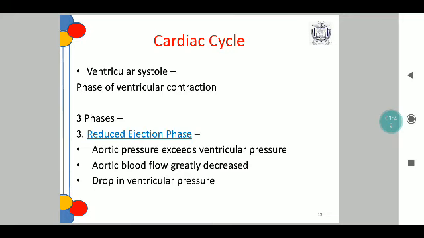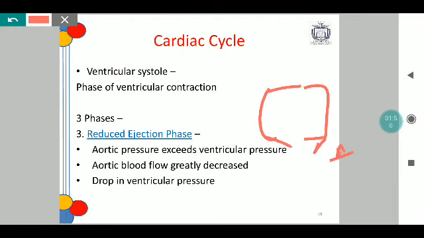The third phase is the reduced ejection phase. It is here that, up to a point, blood can still be pushed out of the ventricle. Once the aortic valve is kept open and the bulk of the blood goes out, the aortic blood flow is markedly decreased